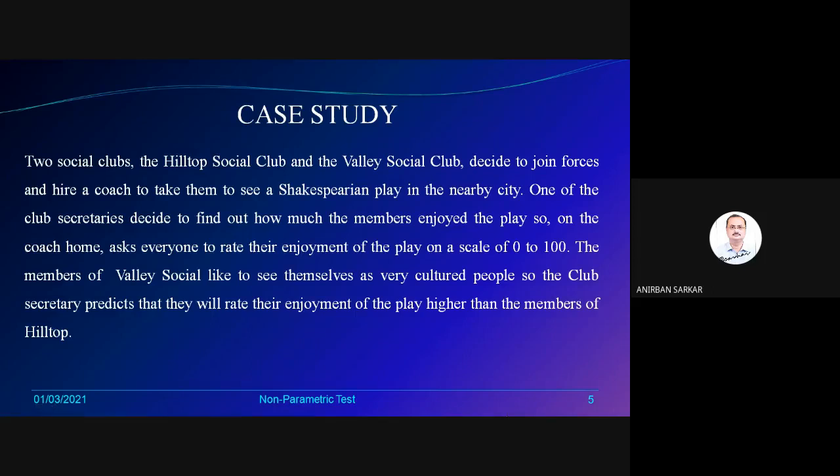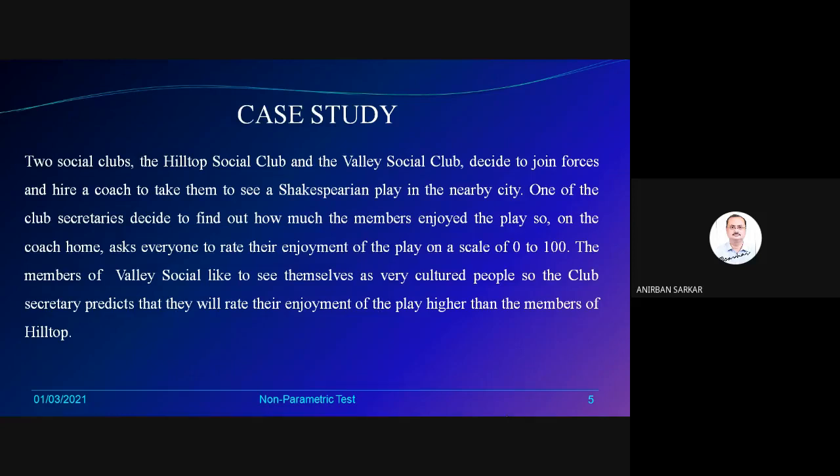First of all, I will discuss the case study, then we will take the data set and do the hands-on, how to do that, and we will interpret. The same manner in the pre-launch session will be followed in the post-launch session. So let us take the example of this Mann-Whitney u-test case.